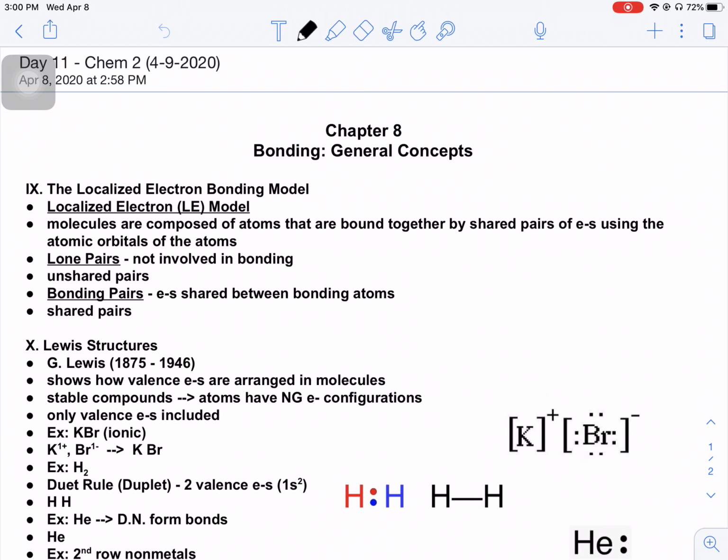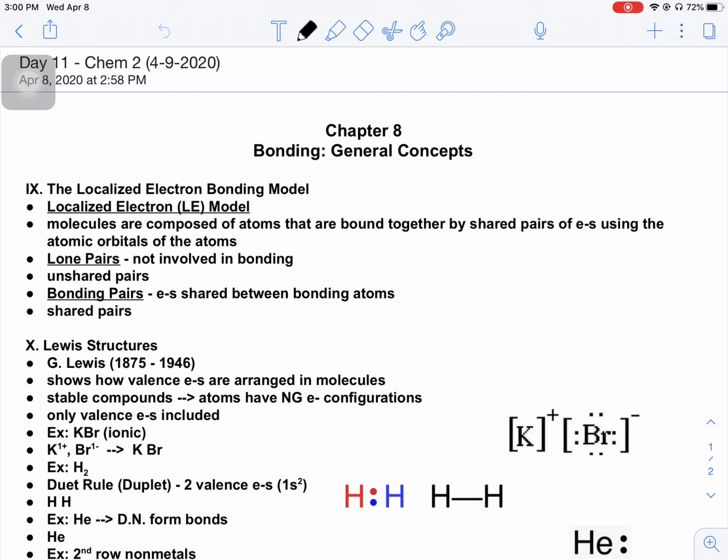Today we're going to cover two sections in one, although we're not going to get all the way through Lewis structures. Section 9 is pretty simple. You have been dealing with the localized electron model really since Chem 1. It's this idea that a bond is a shared pair of electrons, or a double bond is two shared pairs